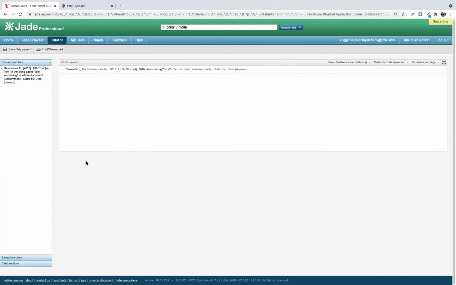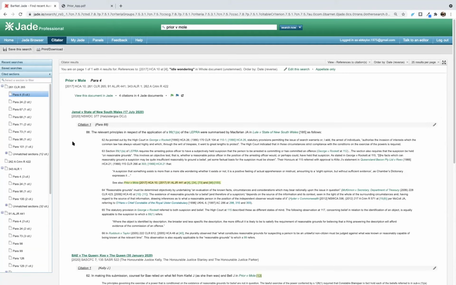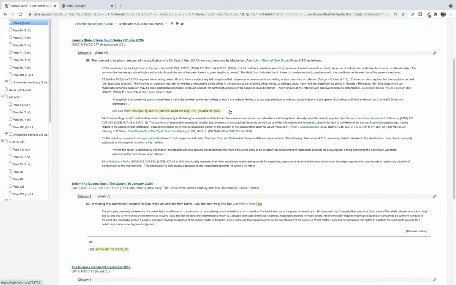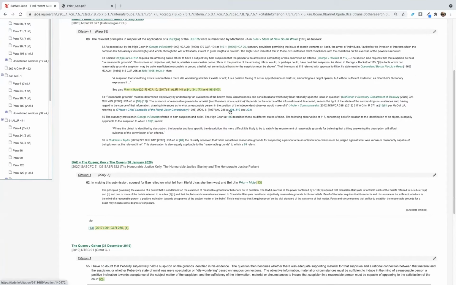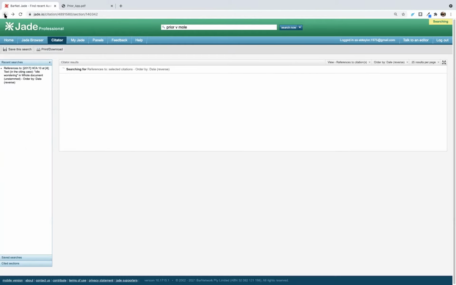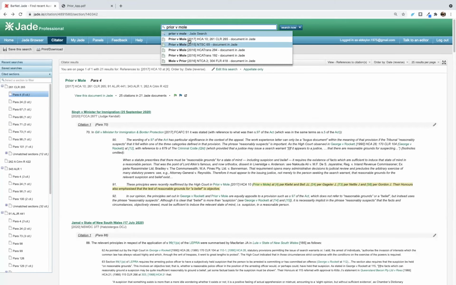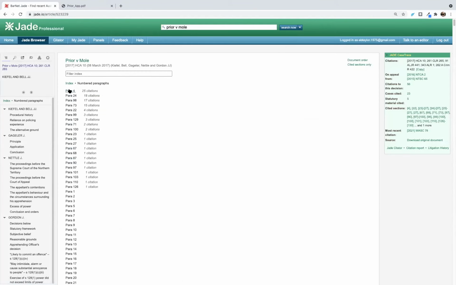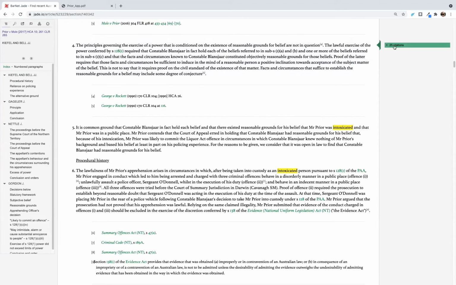So if I click on filter, I've then gone from 21 cases citing paragraph 4 of Prior and Mole to 4 cases which cite that paragraph and contain the words "idle wandering". So that's a really useful way of refining your search results, running that search using the Citator tool within the clip. So if we just go back to the case itself, paragraph 4 will pop up in the clip again,